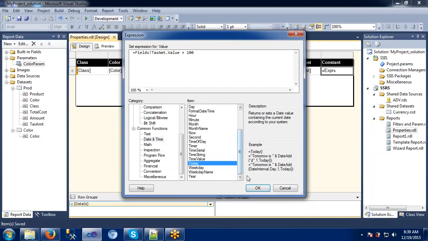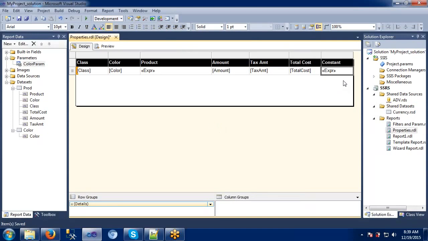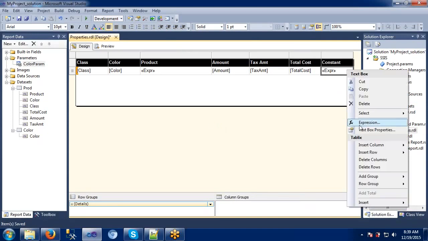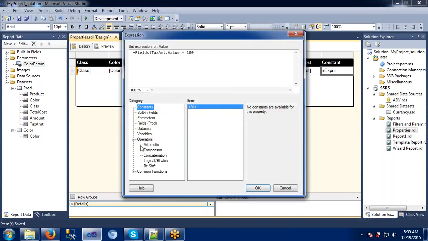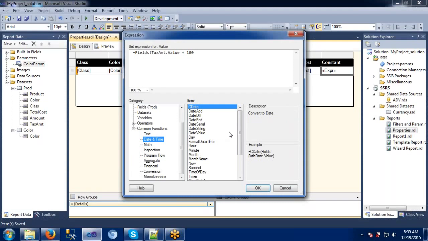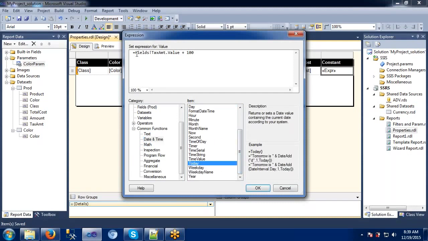So I'm just taking today's date here. I'm displaying today's value here.